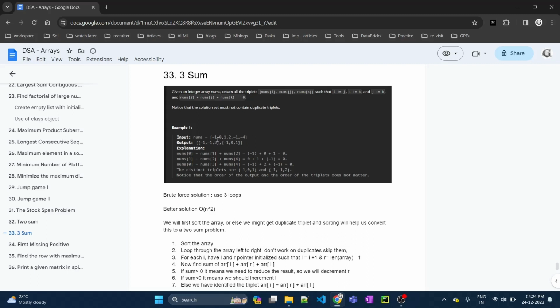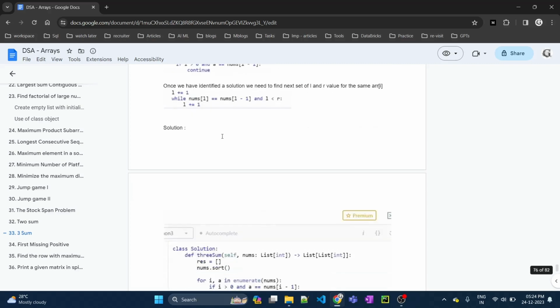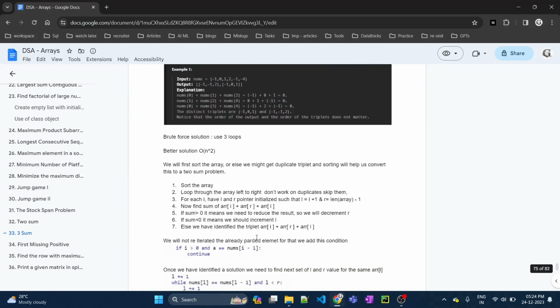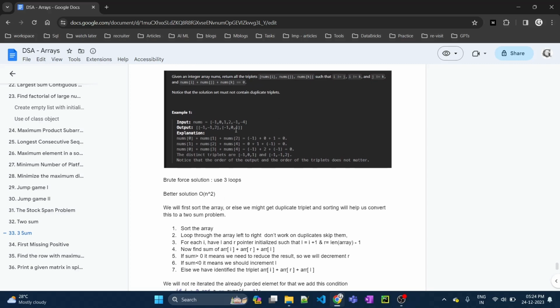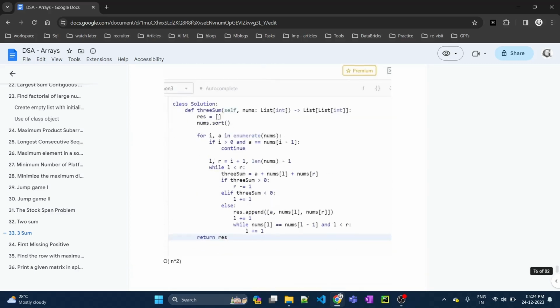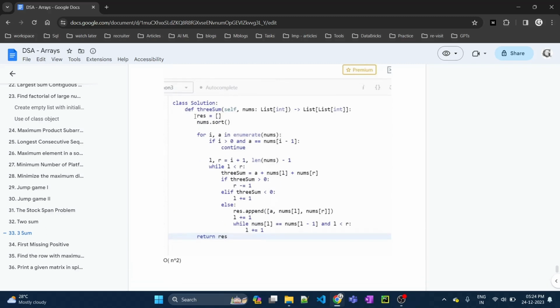The left pointer will point to I plus 1 and the right pointer will point to length of array minus 1. Now we will run the loop while our left is less than right. If we look into the code, initially